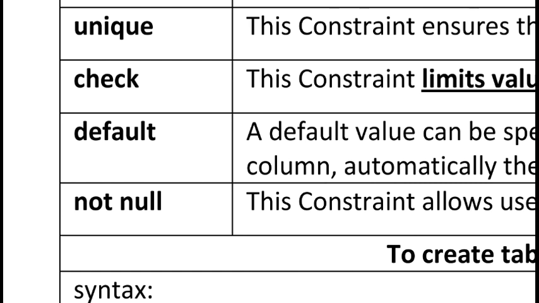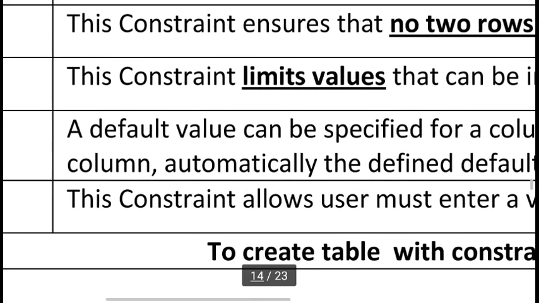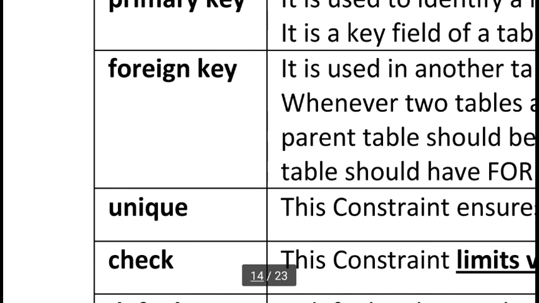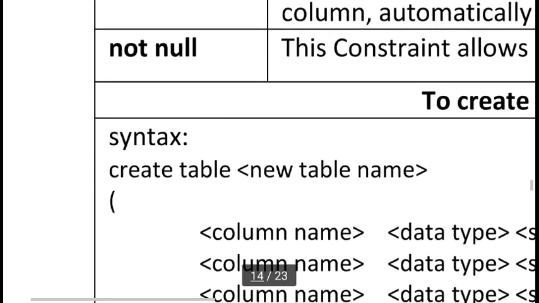Okay, so not null. This is also a rule we can use on our particular column values. This constraint means the user must enter a value, it cannot be blank. Suppose city: in a city column we must ensure we always input a city name, it does not stay blank. So we can use a not null rule on the city column. So these are the constraints we can use. We have already used them: primary key, foreign key, unique, check, default and not null constraint.